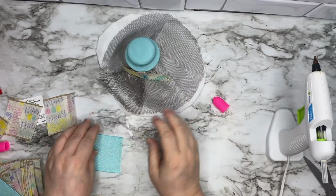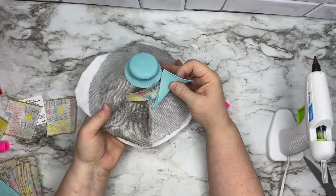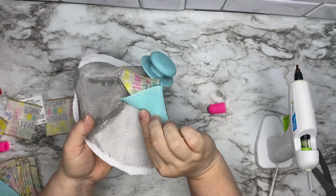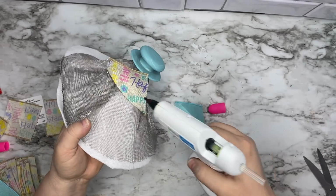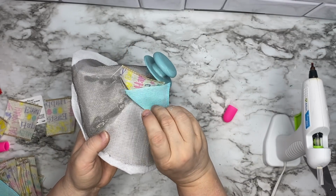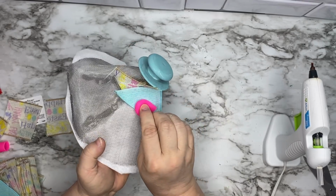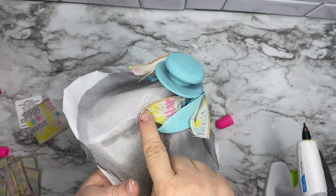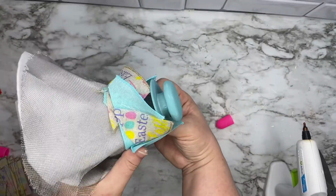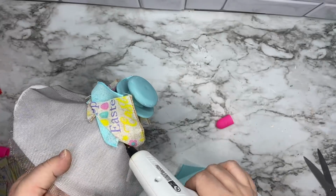So what I did was sort of do this half fold or three-quarter fold, and then we're putting the hot glue down and we're overlapping each piece of this ribbon. You're going to want to do this so that the points aren't overlapping and there's maybe a little bit of a gap, but as you start this, you want them to sort of line up almost perfectly. What this looks like now is how these are overlapping, and you'll finish that off, and that's going to be the first row of these overlapping